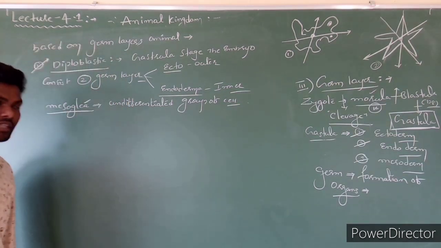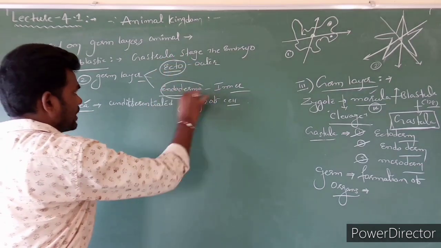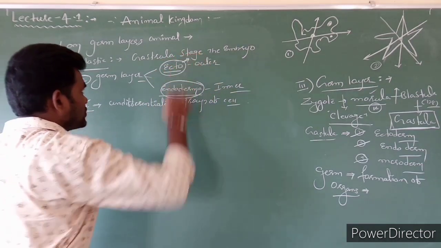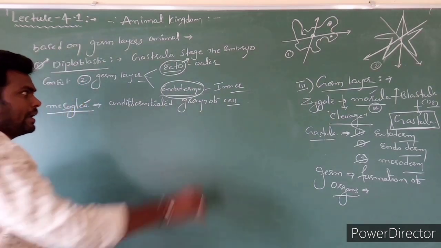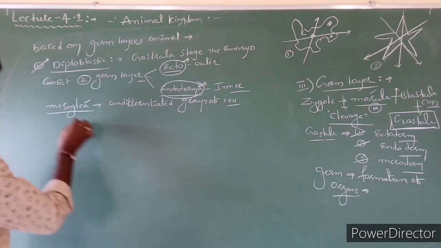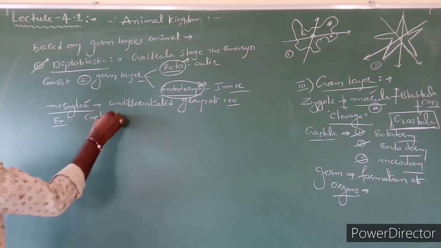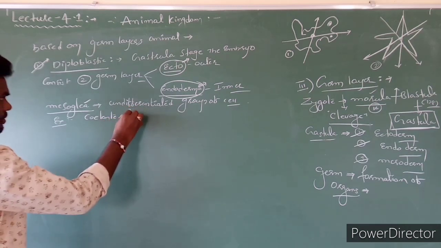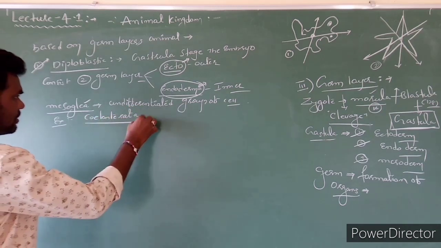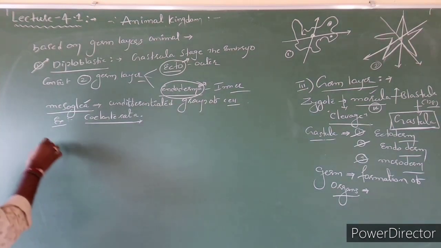Mesoglea. Where are they present? Between the outermost layer and the innermost layer. Outermost layer is called as what? Ectoderm. Innermost layer is called as what? Endoderm. Example is Ciliata. Clear? Next one is